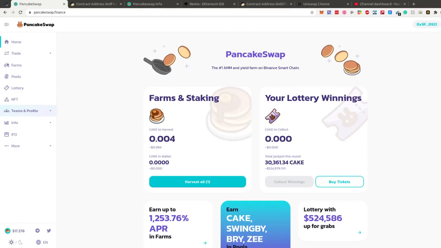Hello everybody, in this video I'm going to show you how you can list your ERC20 token or your Binance Smart Chain token on a decentralized exchange. Now for this tutorial, and as the title of the video says, I'm going to show you how to do it here on pancakeswap with a BEP20 token, but the steps on how to list an ERC20 token, so an Ethereum mainnet token, on Uniswap are